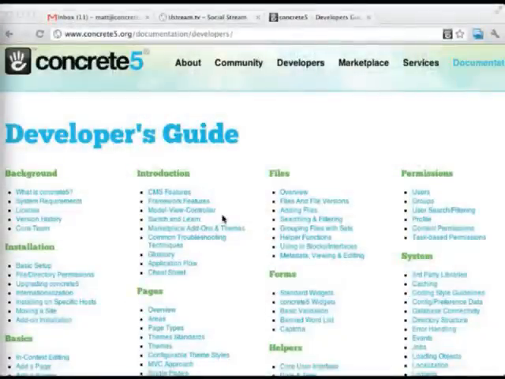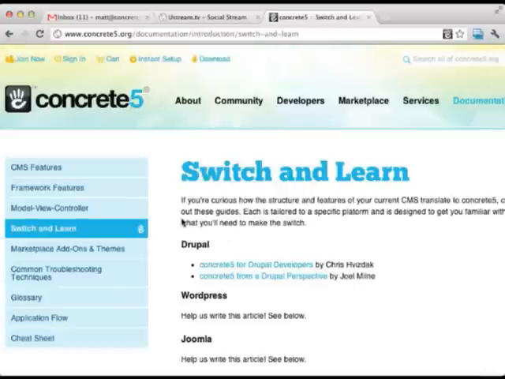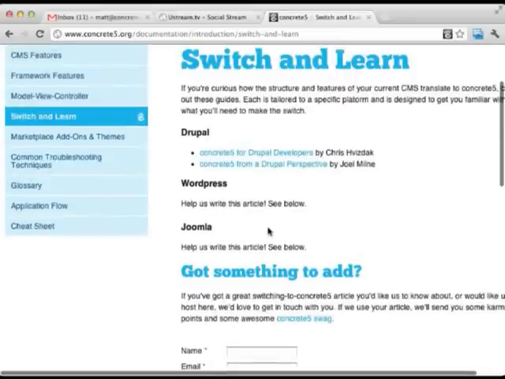So we asked a few weeks ago that people from the community could perhaps help write some how-tos on how to think about concrete5 if you are familiar with another CMS framework. We're not particularly experts in anything but concrete5. It's been quite some time since we played with other stuff. But hey, how helpful is it if you know Drupal backwards and forwards? It sure would be nice to have someone tell you what a node maps to in concrete5.